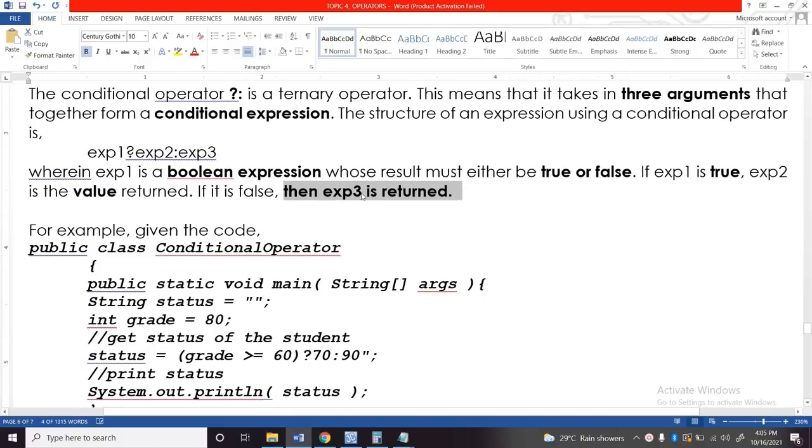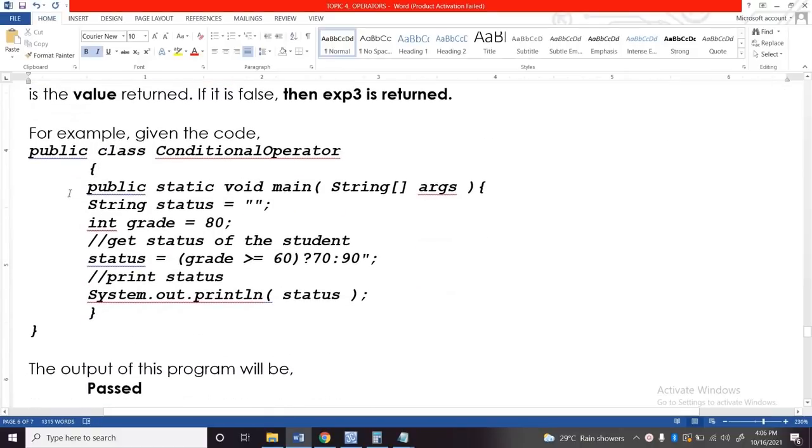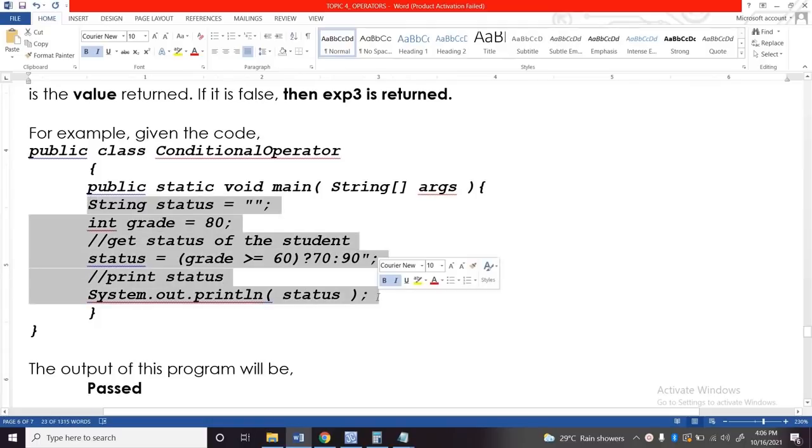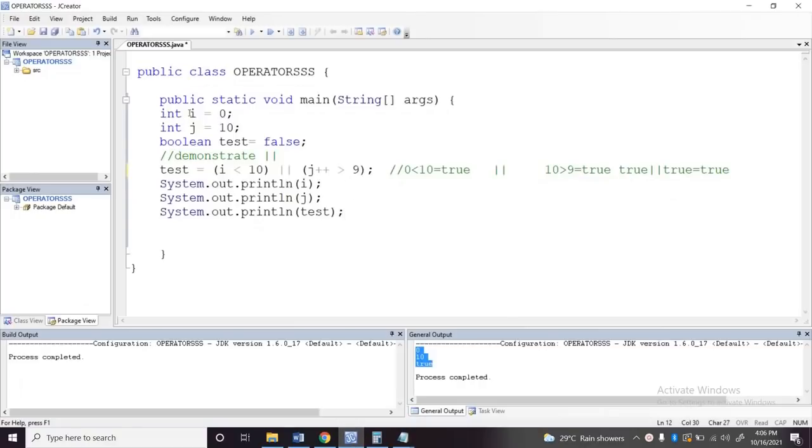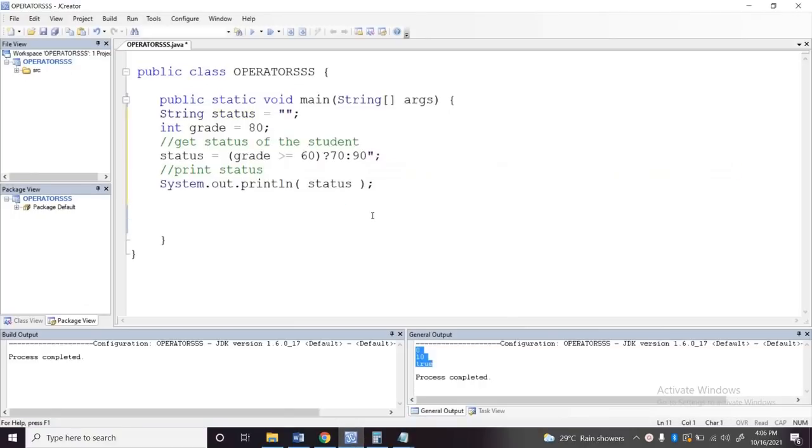Okay? Pag nag-false siya. Para mas maintindihan po natin, let us consider again this example, no? Sample na program po natin. Okay, I'm going to copy-paste it here on our JCreator. Okay, I just fixed the particular example because the example that was included here has an error and is not correct. Okay, I fixed it. So here we have declared two particular values. We have, let us first declare, the string status, which has a value of, here as you can see,